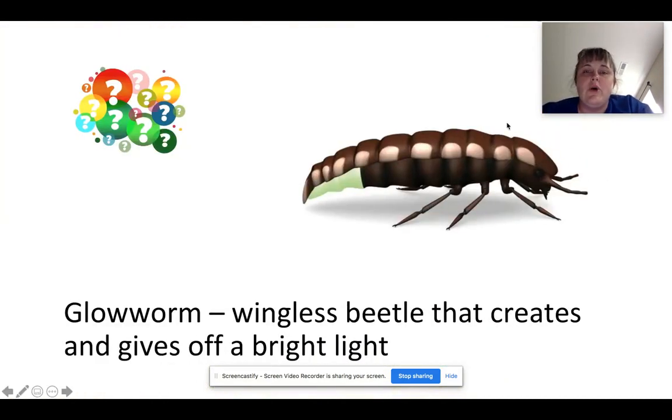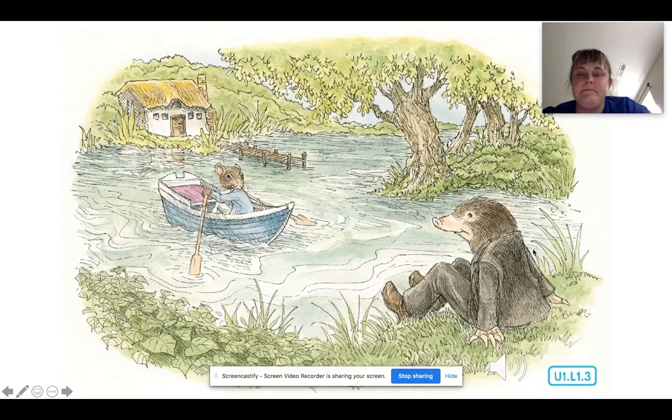So when he mentioned a glowworm is a wingless beetle that creates and gives off a bright light. So when he first saw this hole, this opening, he's like, "Ooh, what is that?" He saw a little twinkle that he thought might have been a glowworm, but it was really the water rat in his eye. The rat said nothing, but stooped and unfastened a rope and hauled on it, then lightly stepped